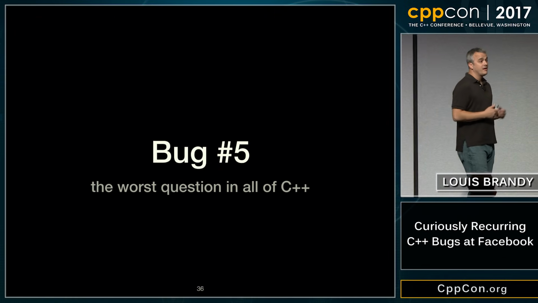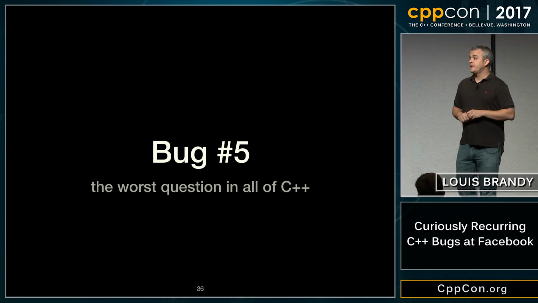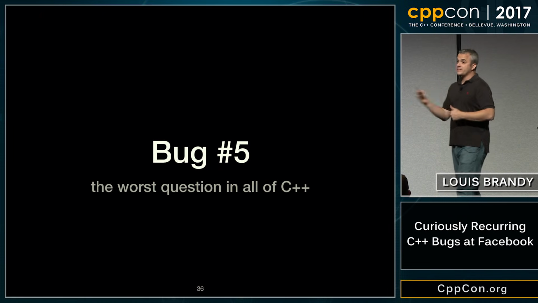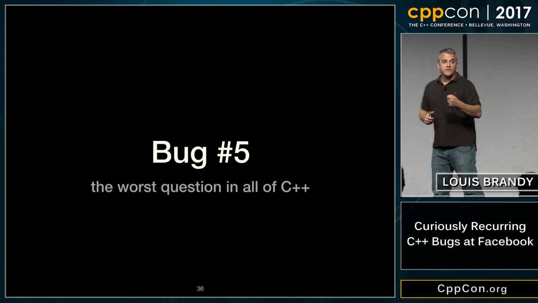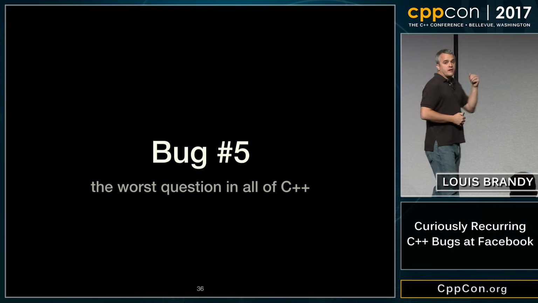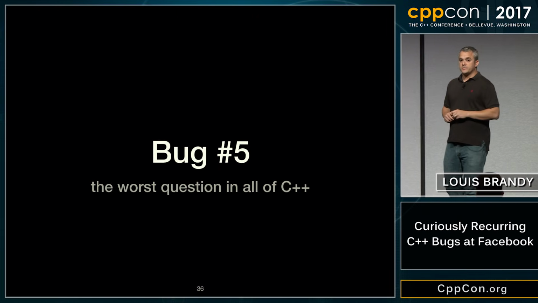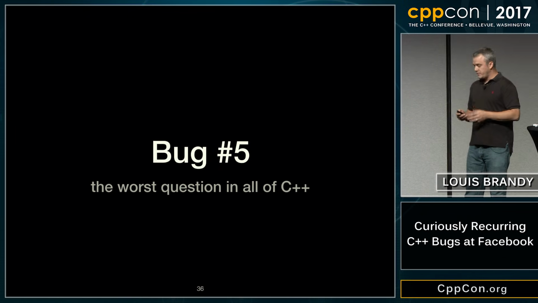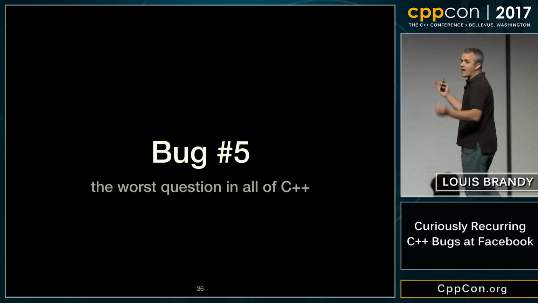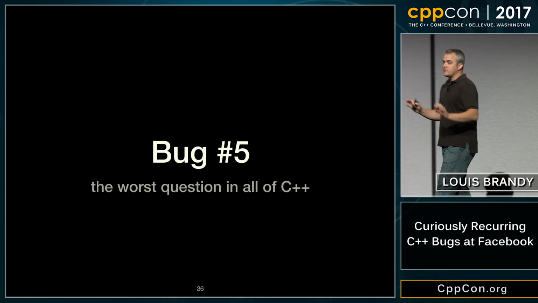We build a binary. We run it for 6 hours. If it crashes, then that's bad. And if it doesn't, that's good. And we've been bisecting for like 3 weeks. And we finally found the diff. And we don't know why this diff is broken. We've been staring at it and ripping it apart, and there's something here we clearly don't understand. But we finally came up with a hypothesis. And then they ask you the question.